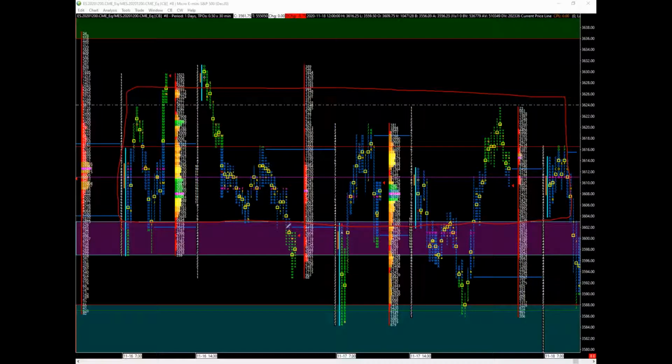Look at how much trade was done above that level compared to how much trade was done below it, right? It's very, very obvious that they're consistently trying to buy above this level and they're trying to push the market higher. So all that put together, from our Sunday plan to our Monday revamp plan, all the way until